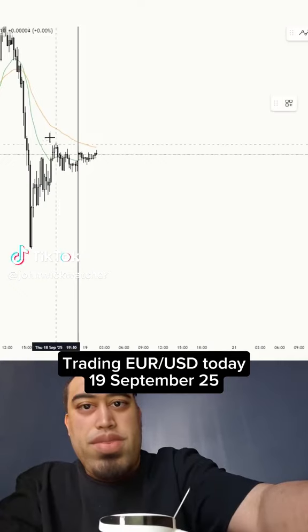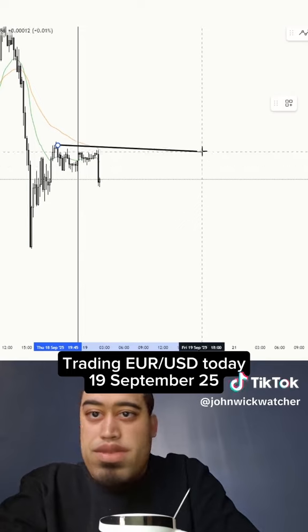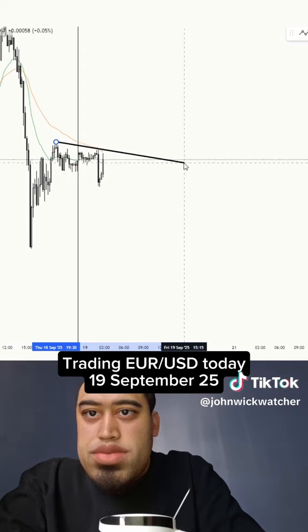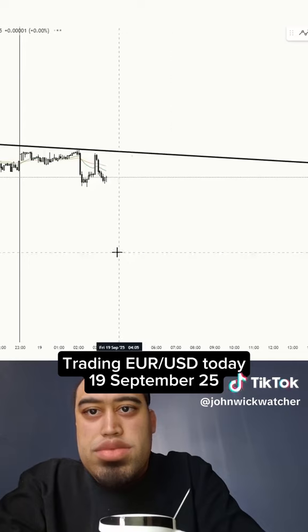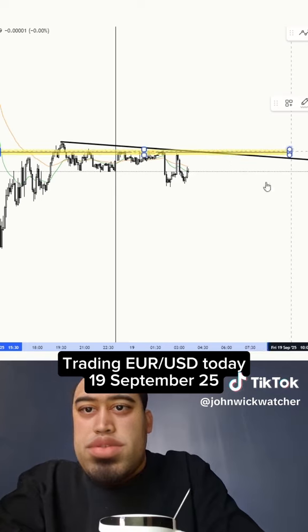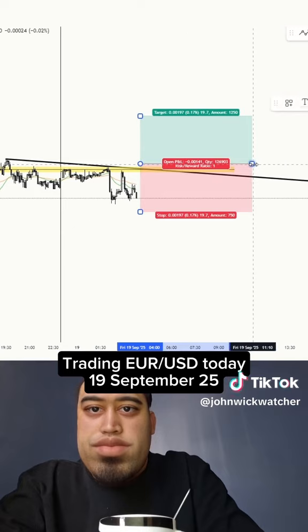I've been finding EUR/USD quite easy to trade these days. Look at this. One touch, two touch trend line. There we go. So this is a strong area. Confluence number one, done. Okay, lower time frame, 5 minutes. Here we go. Resistance area, confluence 2, done. Now we're going to look for a buy over there.